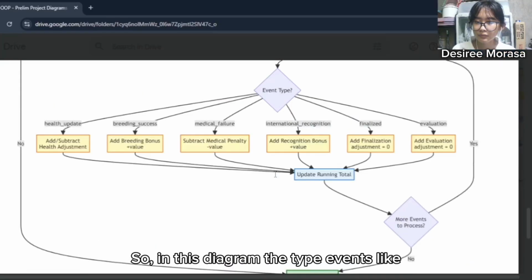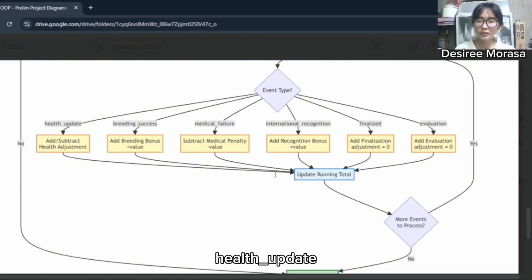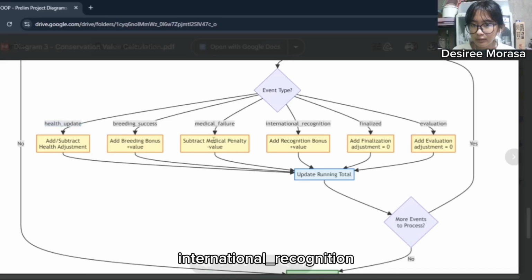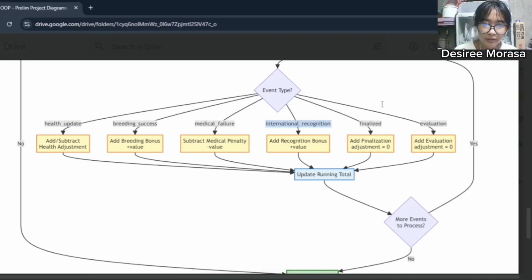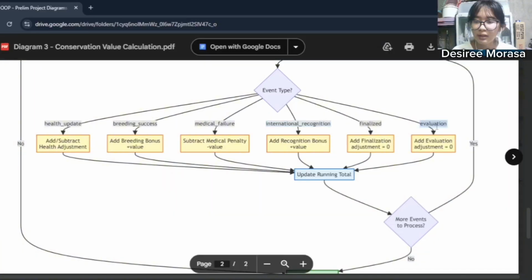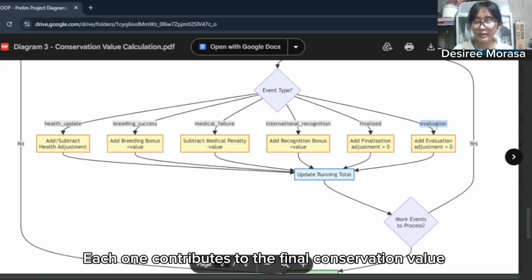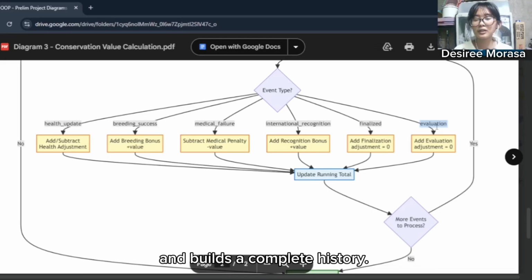In this diagram, the event types like health update, breeding success, medical failure, international recognition, and final evaluation represent key moments in an animal's life cycle, and each one contributes to the final conservation value and builds a complete history.